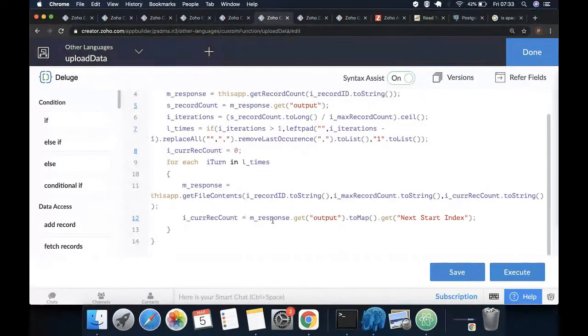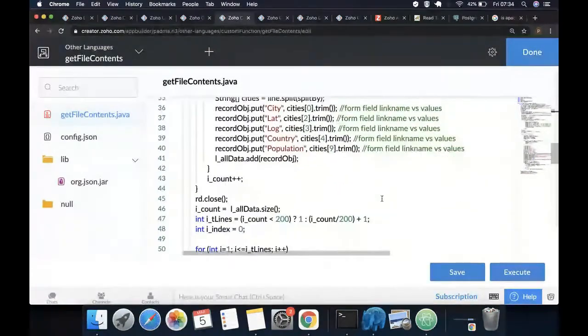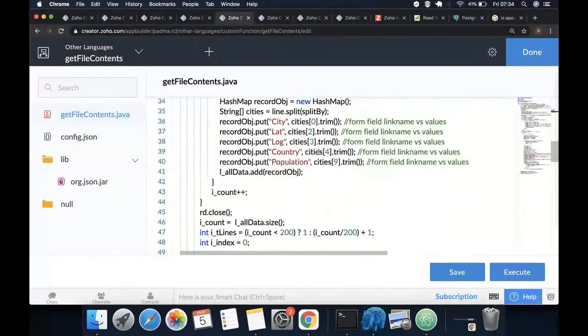And as I told you, I'm going to recursively use this function inside the for loop. I'm going to call this function so many number of times. Again, there is a limitation on the number of times, which I told you is a restriction, so I want to control it here. I will call it based on the indexes and get the response, the record count alone. The response is not the actual content because the payload is kept in mind. So what I did was push the data, which I read through all these columns from a huge Excel file,